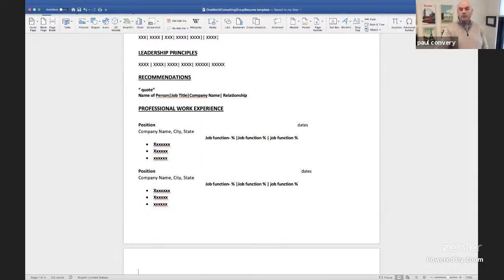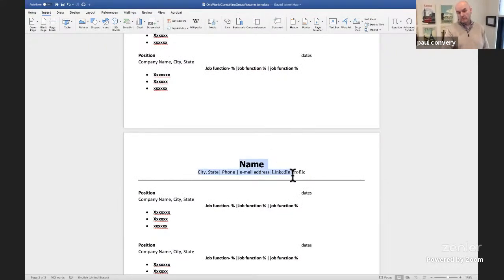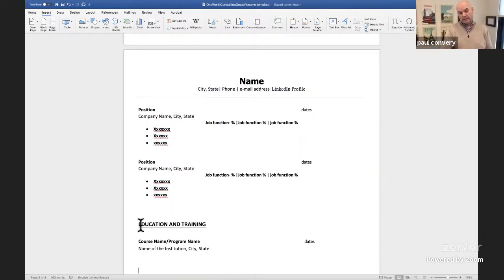So after the work experience, if you go to a second page, we obviously want to get your name and your city and state. We want to make sure that's on the second page as well. And then you're still listing out your positions. And then we get down to the education and training section. This is where we want to highlight,